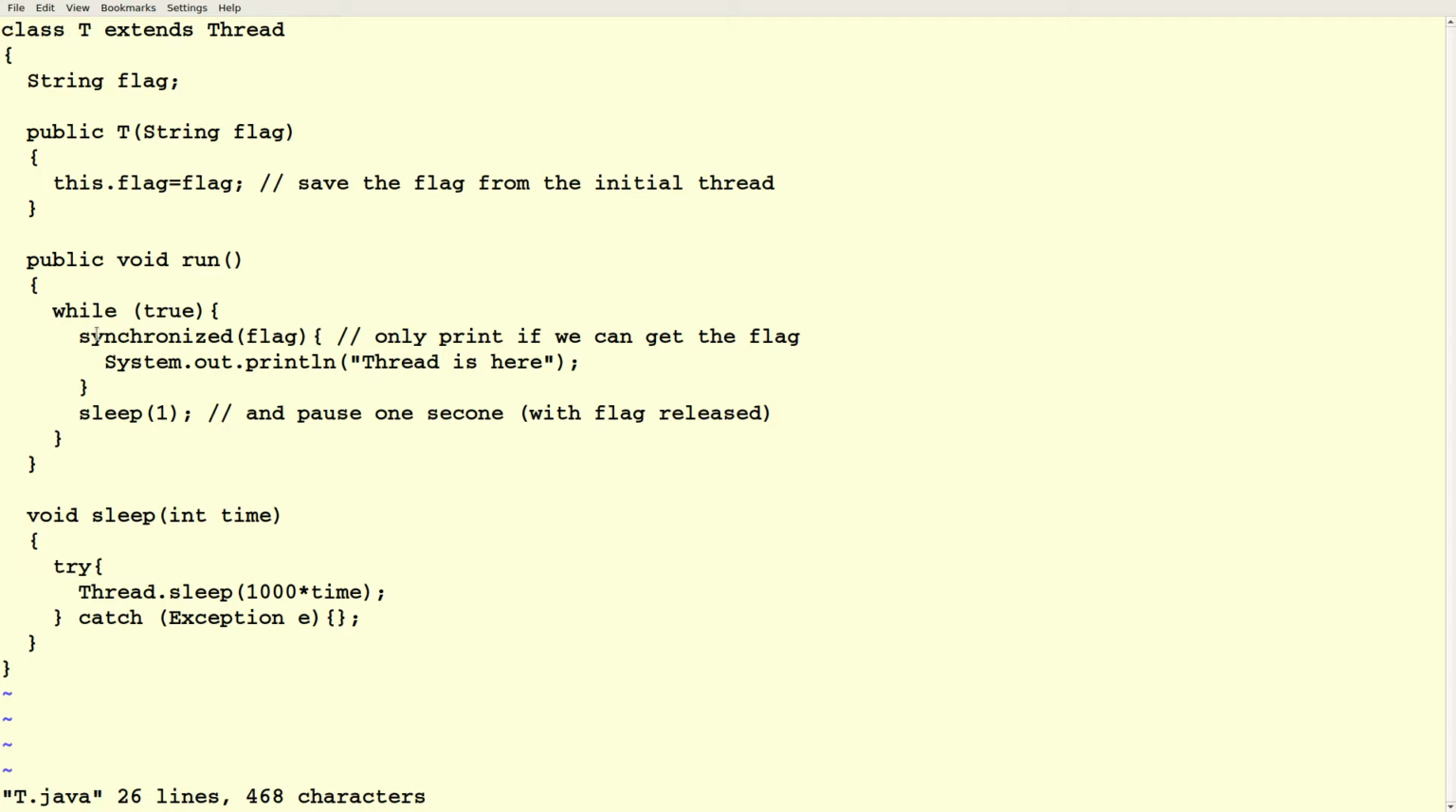So let's take this keyword out of here. And let's just say forever loop, print out the thread is here, sleep a second. Print out the thread is here, sleep a second. Okay. My main program